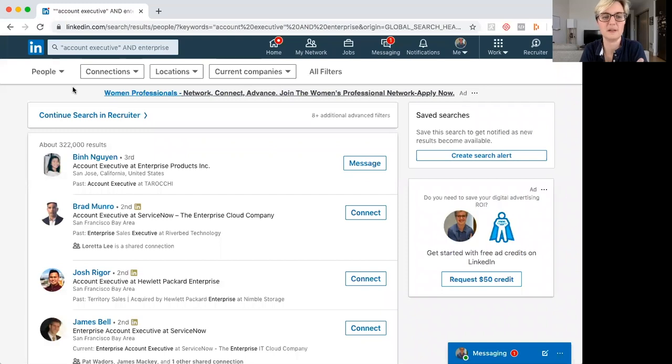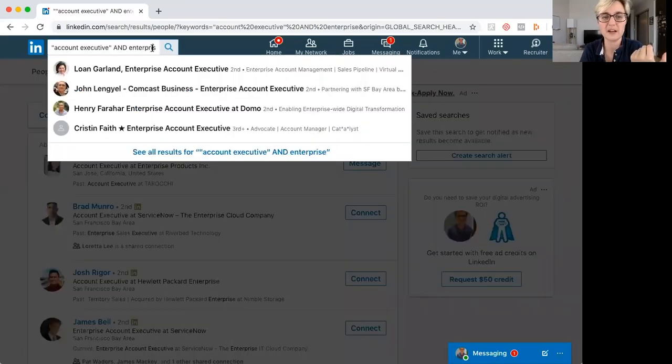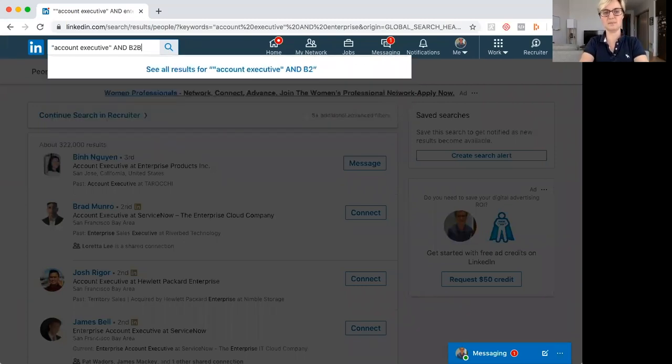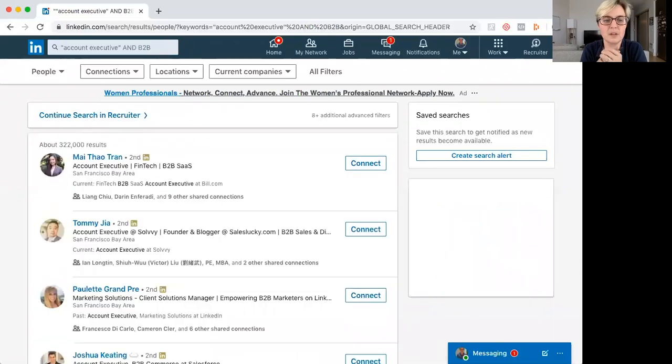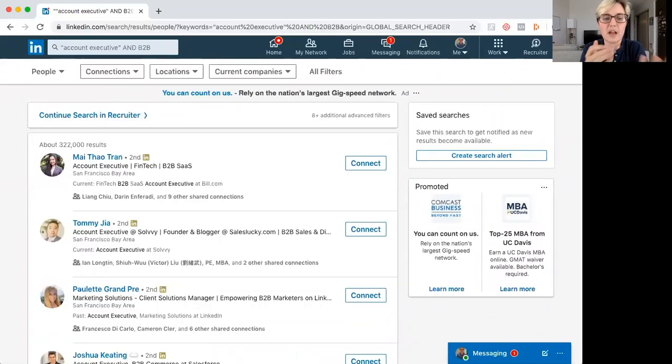And here we have about 300,000 people. Another way to identify enterprise, for example, would be B2B. So that could be another keyword instead, account executive and B2B. Okay, so again, a similar amount of people.